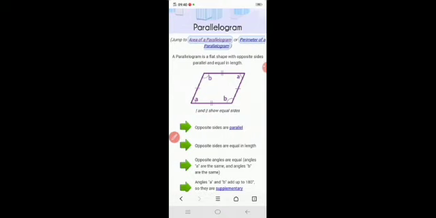So basically parallelogram shape is made up of parallel lines. They have actually two pairs of parallel lines. One is this and the other one is this. So to differentiate I can use double arrows, I can use triple arrows. अगर दो pairs हैं तो मैं एक pair के लिए single arrow use कर सकती हूँ and for the another pair I can use double arrows, and if I have another pair I can use triple arrows. This is the way we are going to show the connections between the lines.